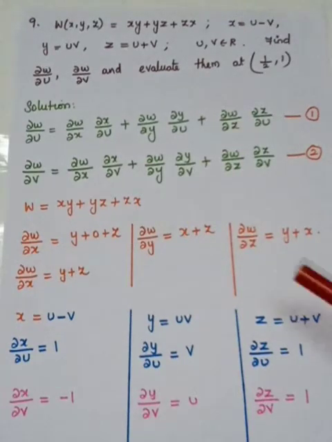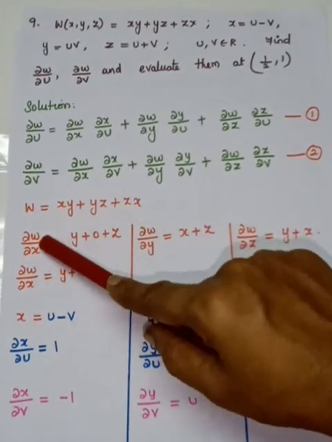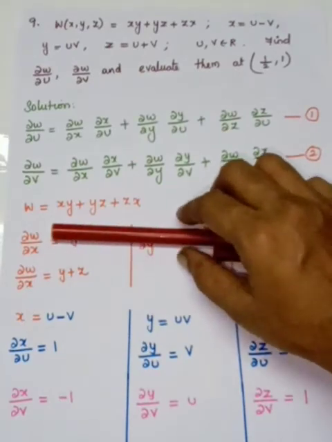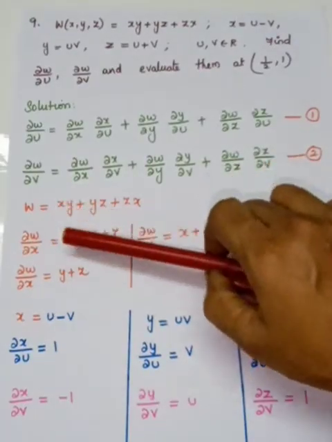Okay, see, take the w. See the differentiation. You are going to differentiate w with respect to x. Here how many terms are involved? 3 terms are involved. Look, they are in plus. So go for differentiating each term separately. Look at the first term, xy. What you have to do? You have to take the constant out. What is the constant? y. So when you differentiate x with respect to x it is 1. So the first term differentiation is y.